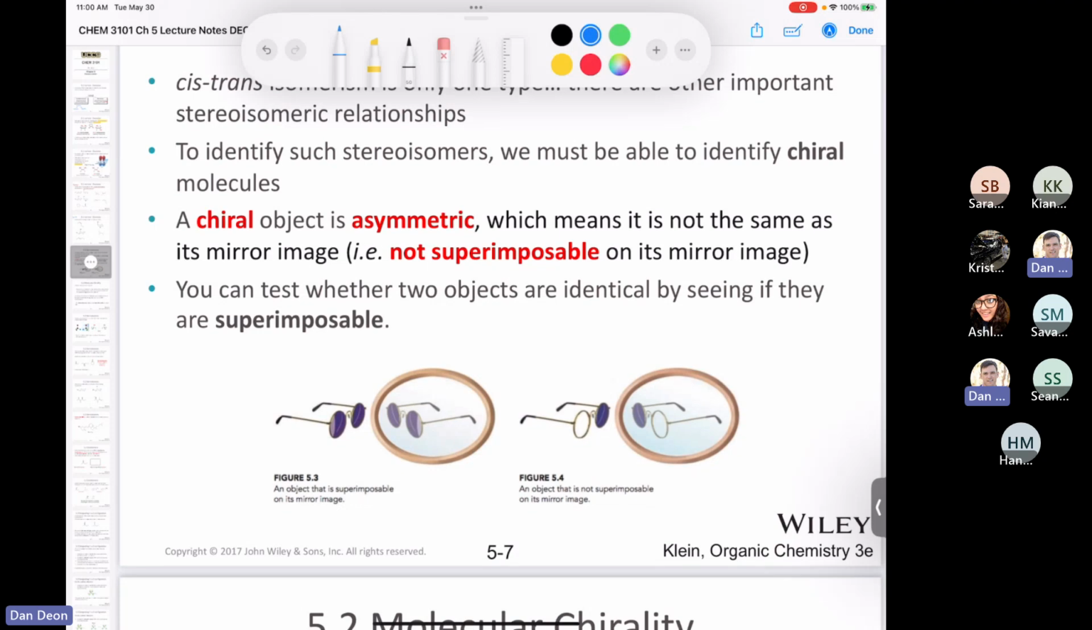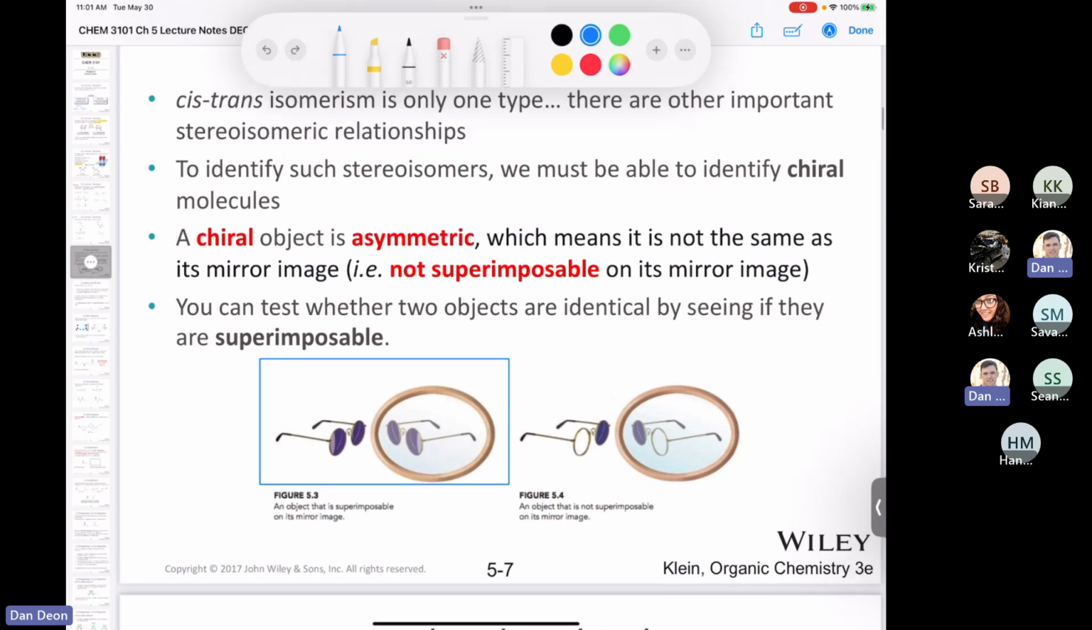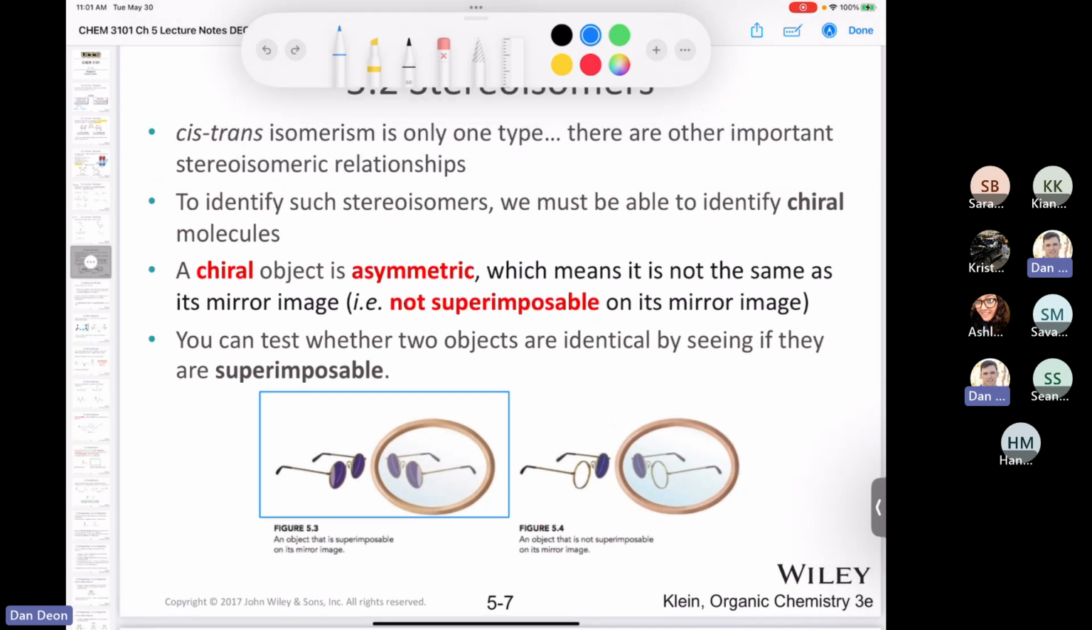So you can see that if I took this pair of John Lennon glasses, or whatever you want to call them, they have the two purple lenses. If I look at the mirror image, I could put the mirror image on top of the original image and they would overlap perfectly fine. And so the glasses that have the two purple lenses are not a chiral object